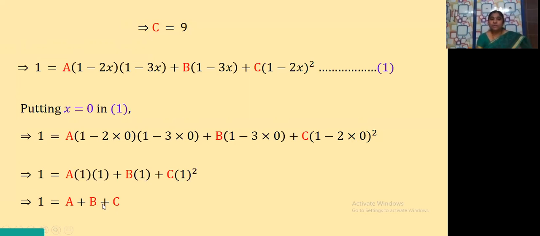So what is the equation we got here? Here we didn't get the value of a directly, like what we got in the previous two cases, that is b and c. We are not getting a directly. 1 is equal to a plus b plus c. We got an equation. So how to find out a here? If you observe, we already have the values of b and c with us. Yes or not? So let us substitute those values here.